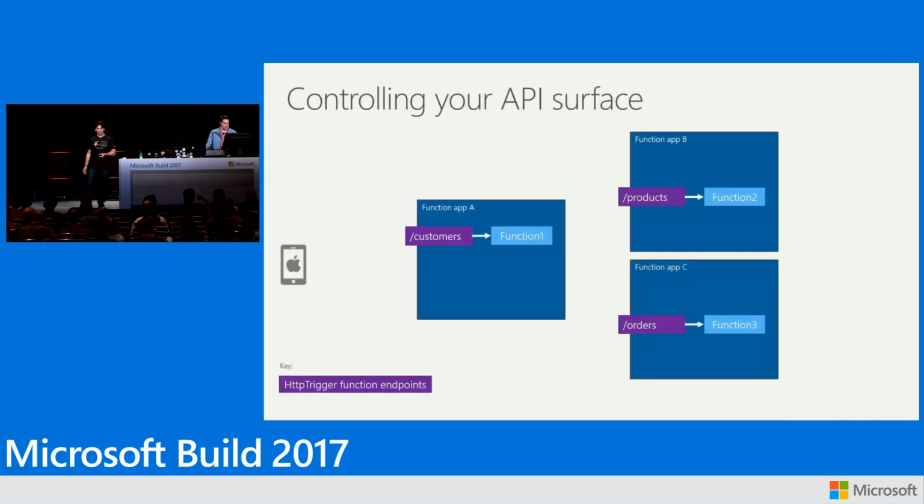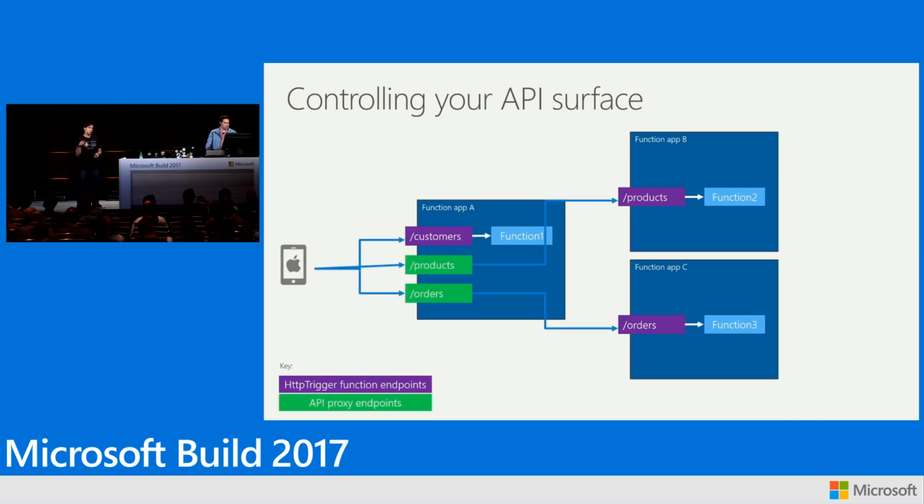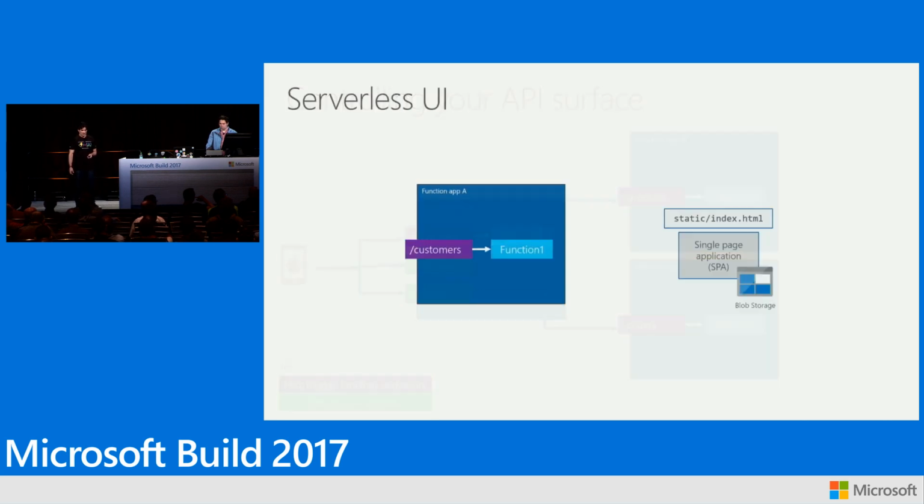So one thing we can do is, instead of you having a client that has to call all these different function apps, you can add to one given function app additional proxies that will map those calls to other functions' backends. And you see the products and orders in this case, they map to different function apps than the one that the mobile client's calling. You can actually swap that backend to any backend, really. It's just a URL. It's just a routing functionality.